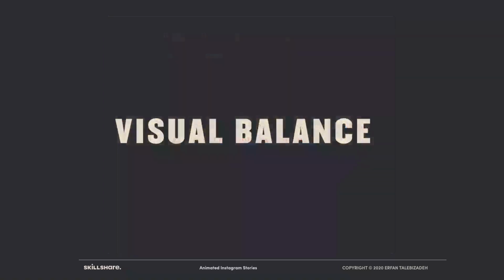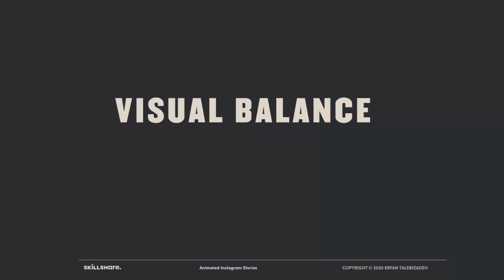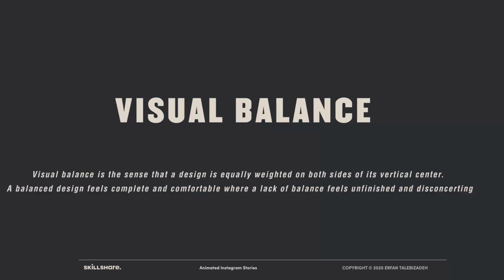Let's take a moment and talk about visual balance. I'm sure many of you find this subject hard and challenging. Well, visual balance is the sense that a design is equally weighted on both sides of its vertical center. A balanced design feels complete and comfortable, but a lack of balance feels unfinished and disconcerting. Now, there are many types of visual balance, but for the sake of this class, we are going to stick with two: